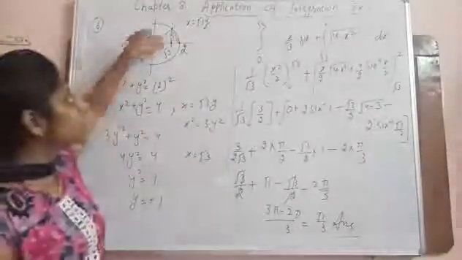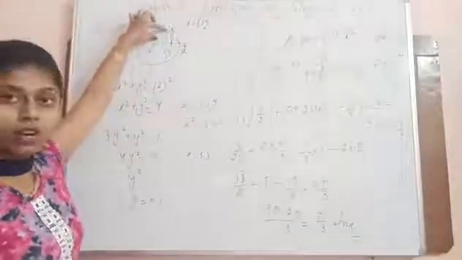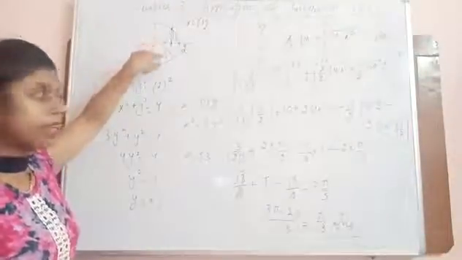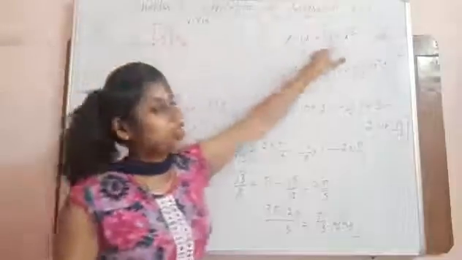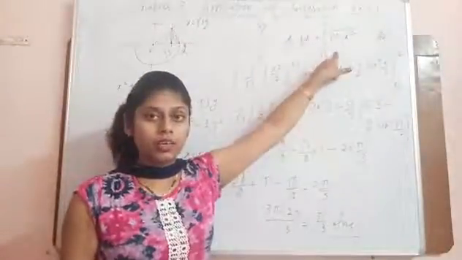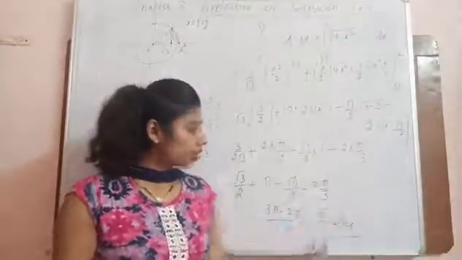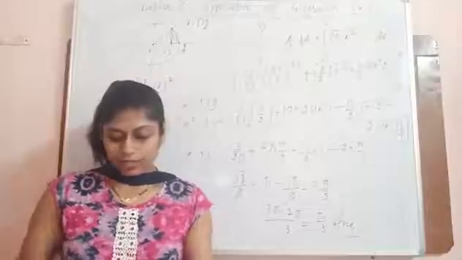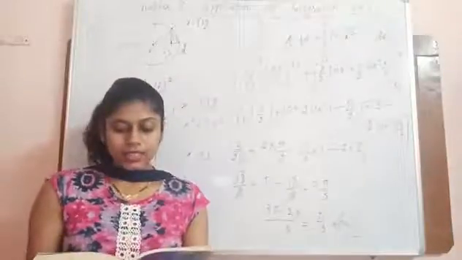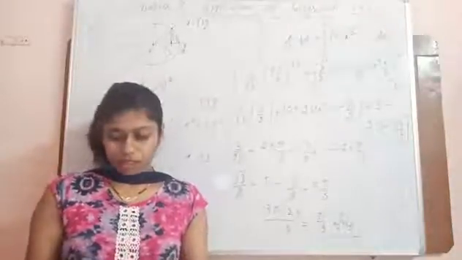Clear? So you have to check whether this area is under one curve or two curves. This is the area under two curves. One is a line, second is this curve. So we will break the integral into two parts. Solve it, we will get the complete area. Clear? Next, question number 7. Again, there is a circle and a line. Same simple question.